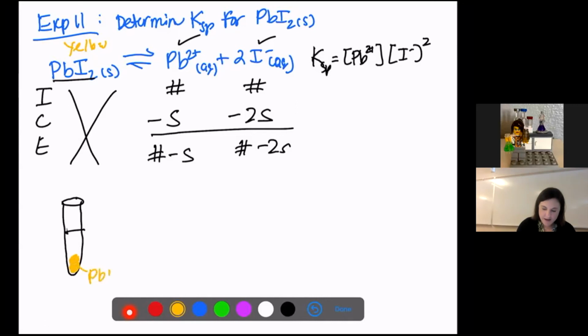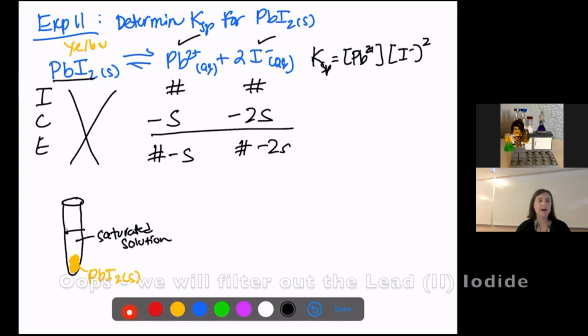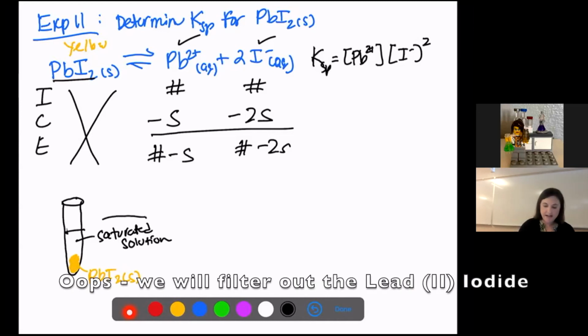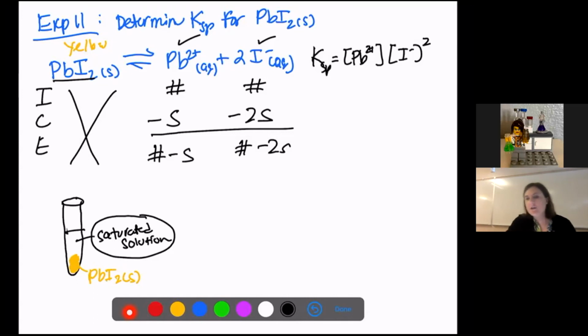This is our PbI2 solid that forms. And the solution that we have here is actually our saturated solution. It has as much of the PbI2 solid that will dissolve in it. So we are going to filter out the solid. We want to get rid of it and we want to have our saturated solution, because our saturated solution is our solution at equilibrium. So to do that, you are going to centrifuge it,